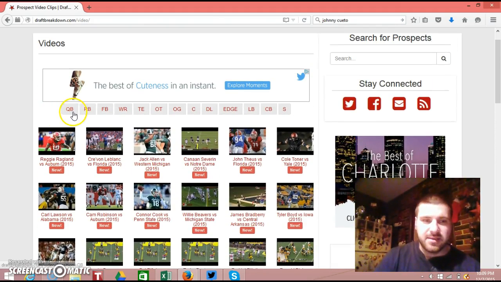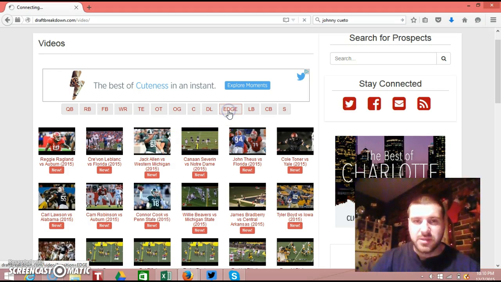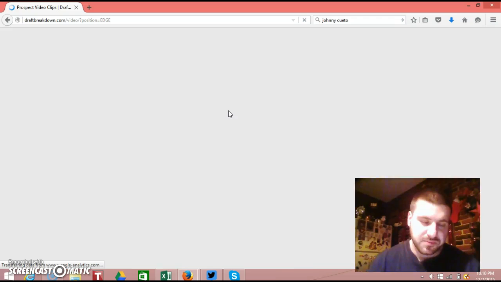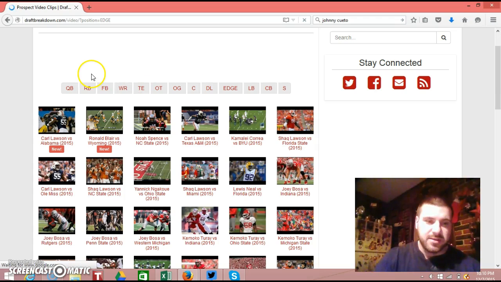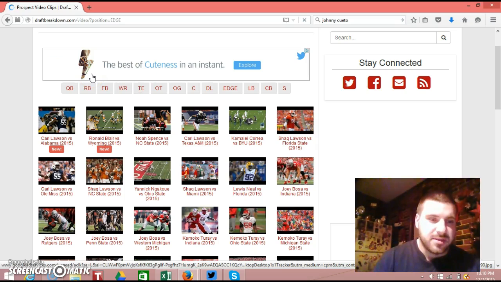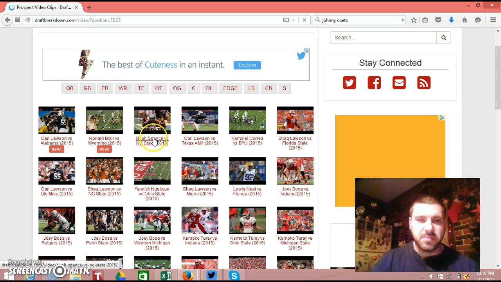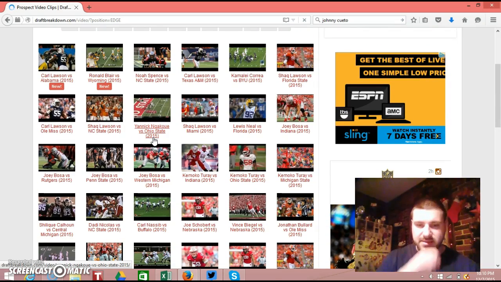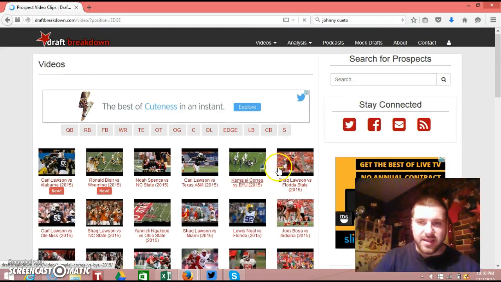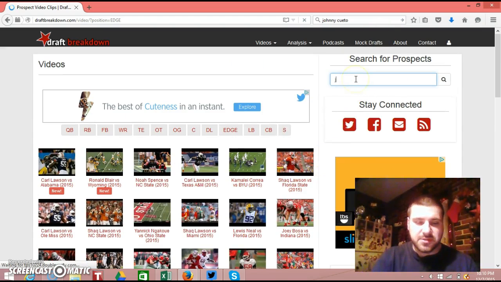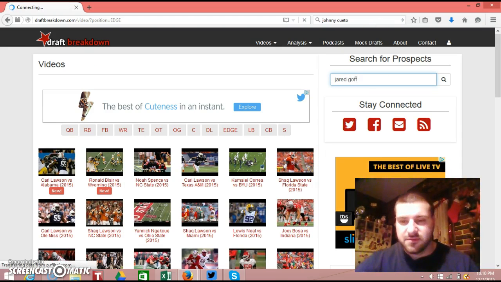And again, as you can see, all the position tabs up here. So if I want to search, say, edge rushers, see what videos were recently posted of edge rushers, we'll go here, and so we'll see here Carl Lawson of Auburn against Alabama, or Noah Spence against NC State, things like that. And again, I could search for a prospect. So if I want to search Jared Goff, quarterback of California,